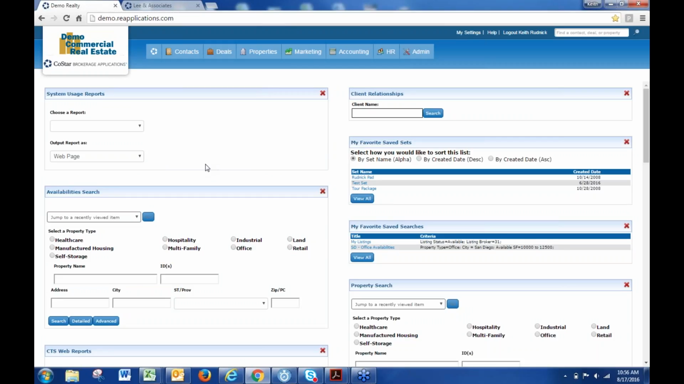Now, I always recommend, especially with newer clients, or actually with anybody, especially for Lee and Associates, for you guys, to set up a saved search. When you set up a saved search, the saved search saves the search criteria. It does not save the results. All you're doing is saving that criteria. Okay? But what I recommend doing is